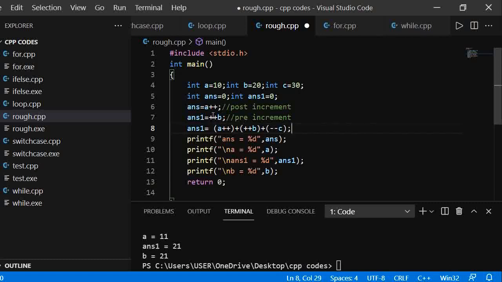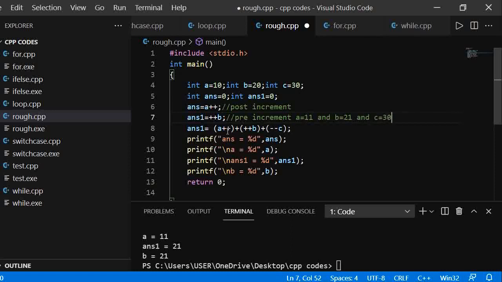First a has already been incremented, so before this step a is 11 currently, and b is currently 21 and c is equal to 30.